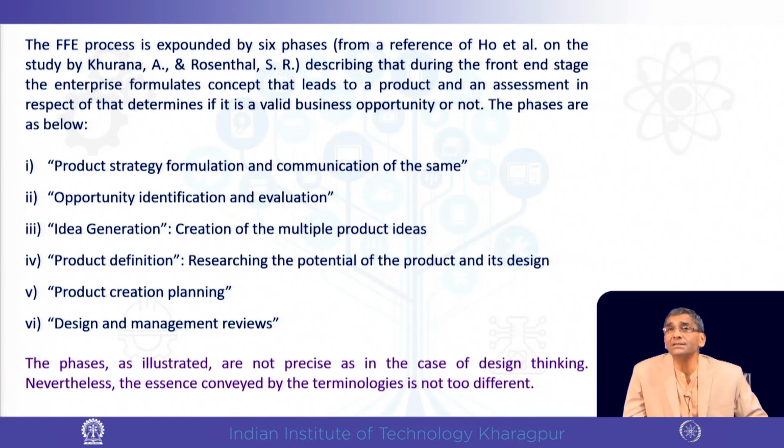But in idea generation quantity is important, where more ideas means more possibility of good solution creation. So, there apparently there may be some very wild ideas, but so be it, not a problem, but that should be there. Product definition,